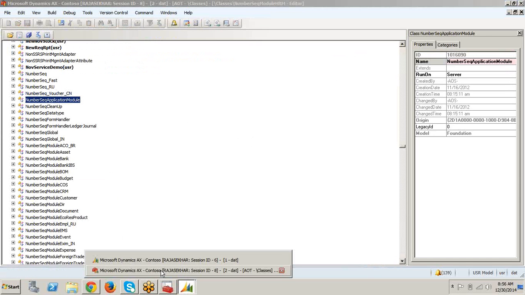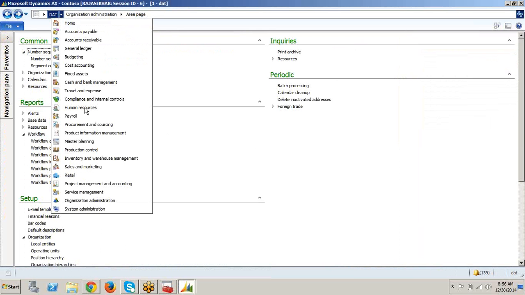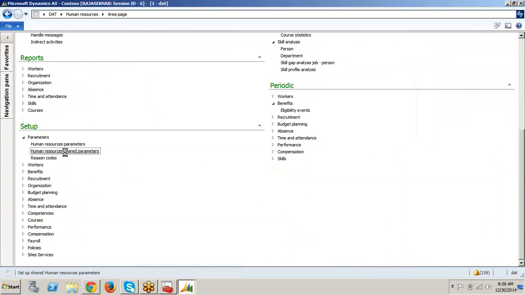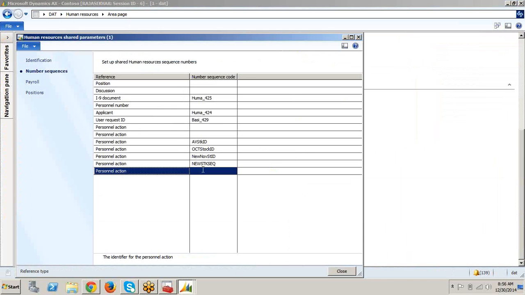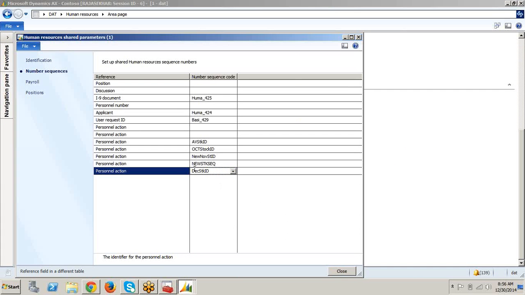Now if you go to the organization HRM parameters, shared parameters, the number sequences. Here you got a new record created, and our number sequence ID is DEC stock ID. Okay, this got created here. Now select this DEC stock ID.